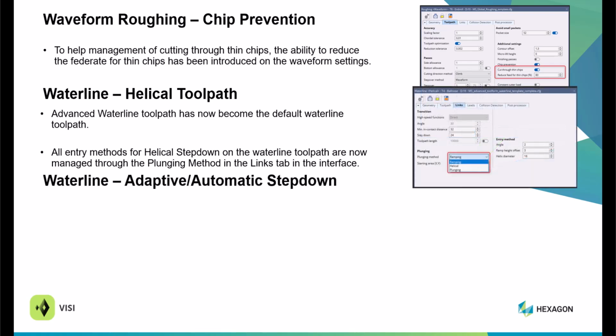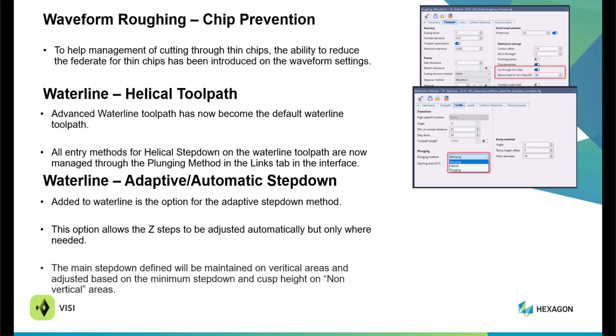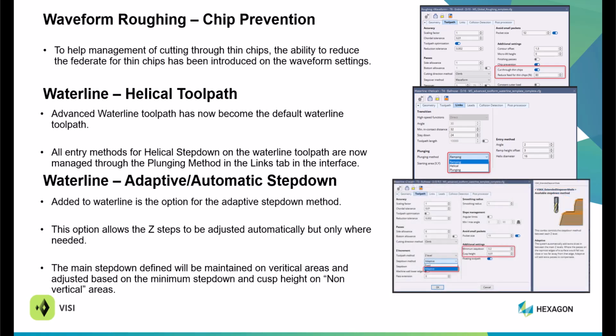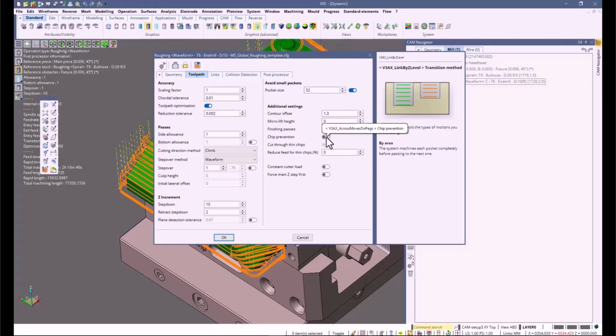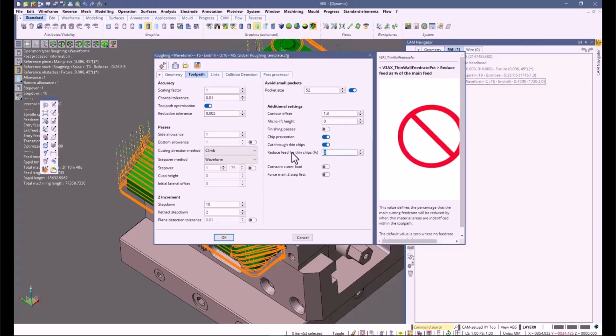Waterline adaptive automatic step down. Added to the waterline options is the adaptive step down method. This option allows Z steps to be adjusted automatically, but only where needed. The main step down is defined and will be managed for vertical areas, but adjust the minimum step down and cusp height for non-vertical areas. This is going to be big when it comes to cutting sidewalls and being able to transition from a vertical to a horizontal wall. So we're going to start out with the chip prevention and cut through chips and the